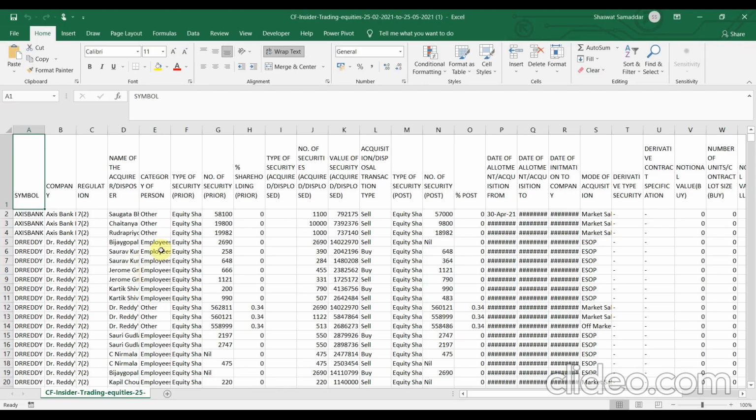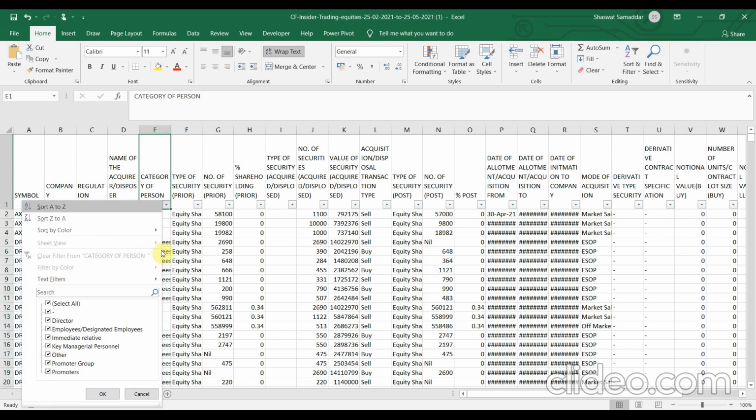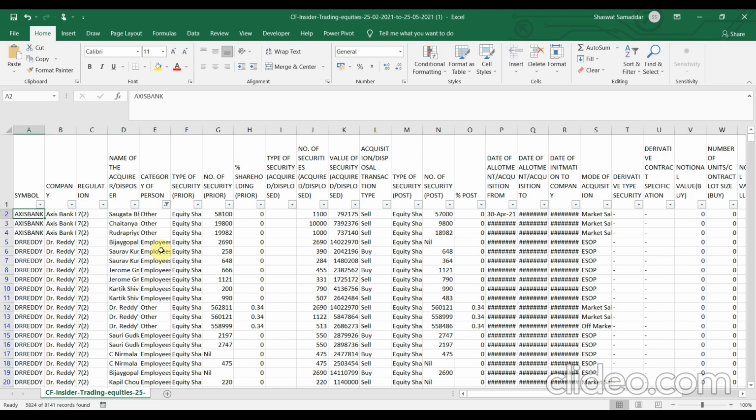All right. So guys, this Excel sheet looks quite big, but don't get too overwhelmed. We do not have to crunch each and every detail present in this sheet. We have to apply some filters before we start to analyze. So let me apply the filters. The first filter would be on the category of persons, that is the E column, and we want the category of persons to be promoter and promoter groups only. So I will deselect these two and delete all the rows which have any other entry in the category of persons column.